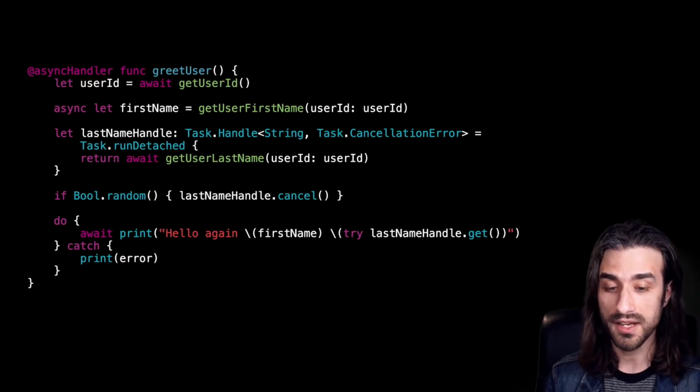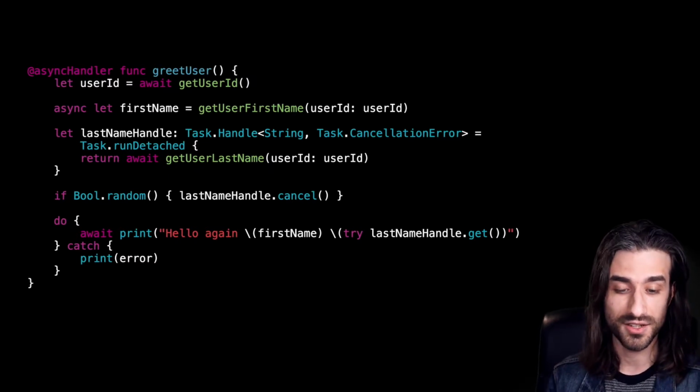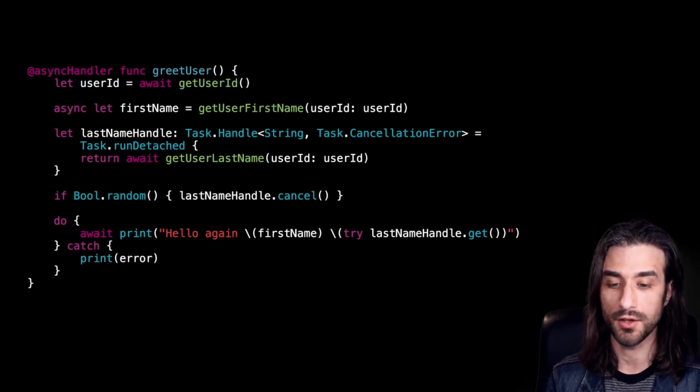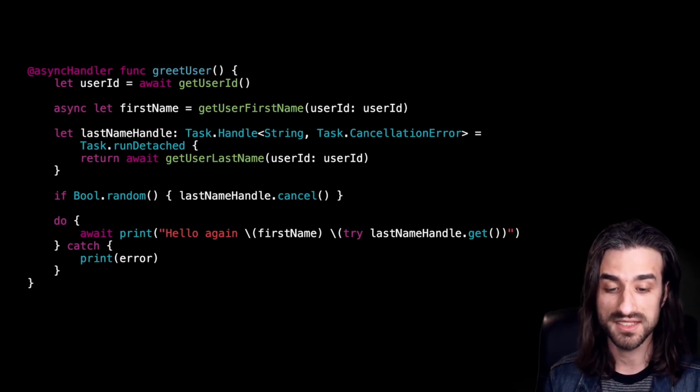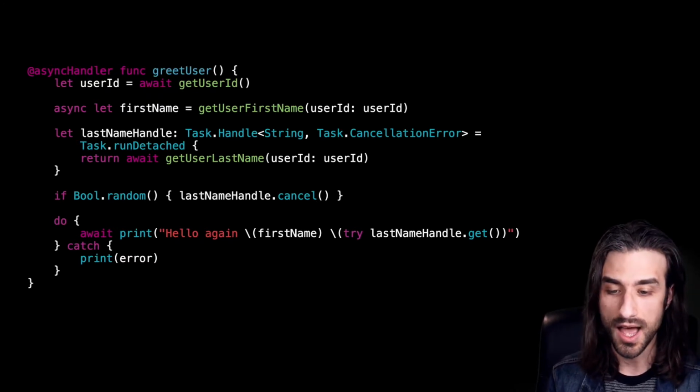And finally, my task is going to need to opt in to the cancellation, because when you call cancel, you're not actually canceling the task. You are setting a flag that the task can check if it wants to cancel. So we could say that the cancel mechanism is an opt-in mechanism, and it makes sense because our task could be in the process of doing something critical, and we cannot force kill our task.